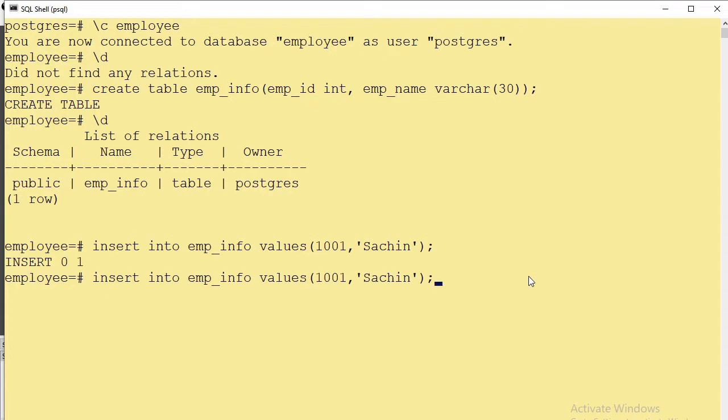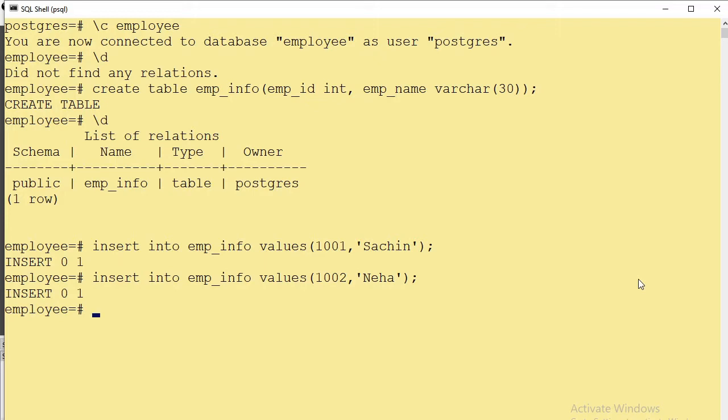Now by using the up arrow key, we can find the same command from history, and let us change the fields. The next employee is with employee ID 1002 and employee name, let us say, Neha, and press enter. So our second record is also inserted.